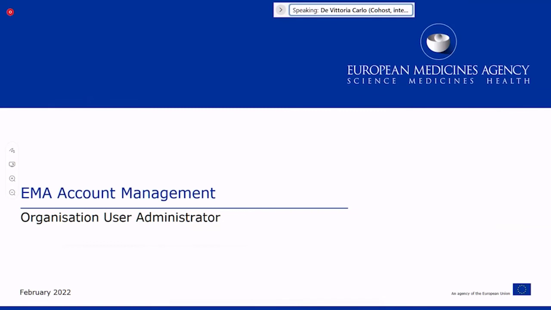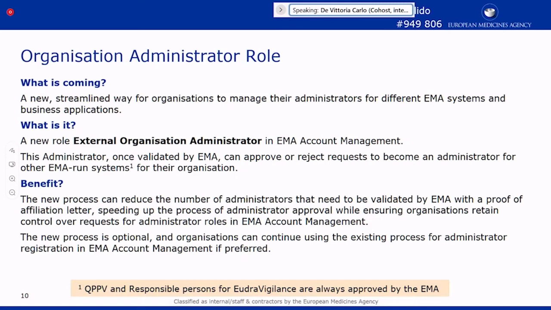So this is the first change that we are going to introduce. And as I said, it's a simplification. I know it's not a big change, but it's still a simplification of the registration. The second change is a little bit more broad, and is a new role that will be available in the platform. So we have received many clarifications about the approval model that we have in the platform, and many organizations